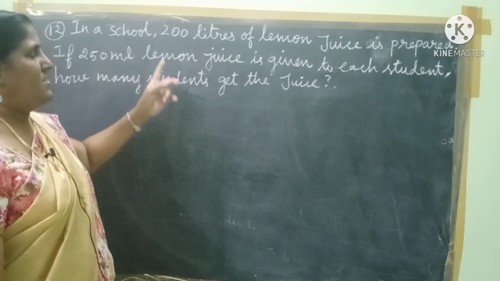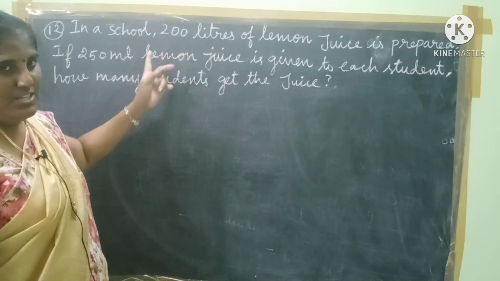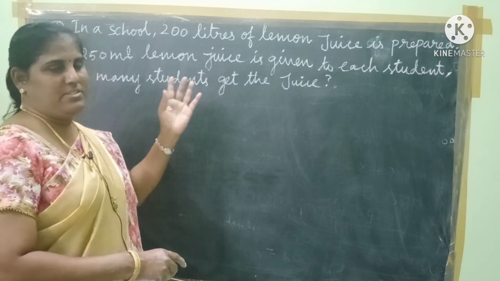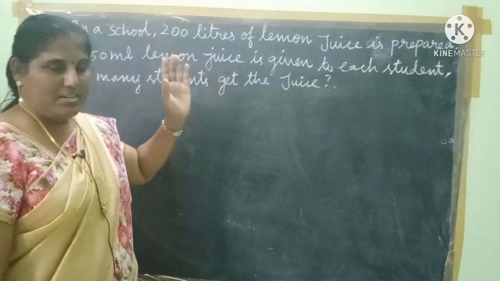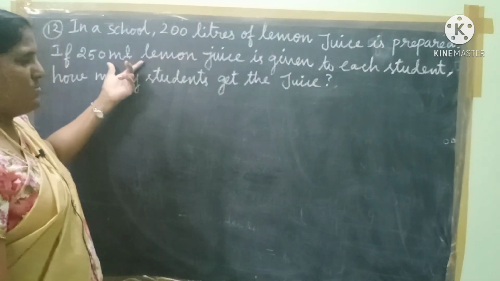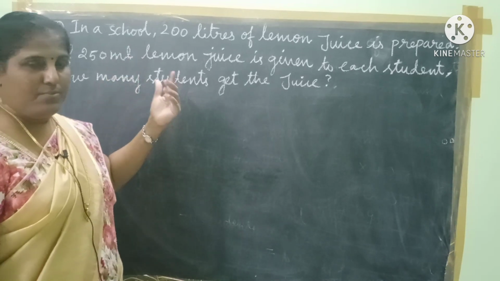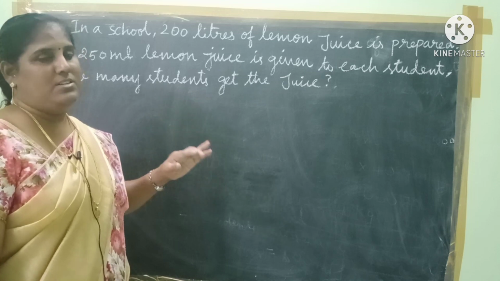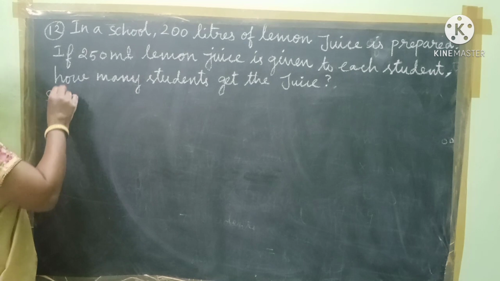So if they are asking, like if they have given the total and each, then total and each means that is division. So this is the clue for the sums. First, you read the questions carefully and understand the meaning. They have given the total, and the one for each is also given, so we need to find the answer through division. Okay, the first one, solution.